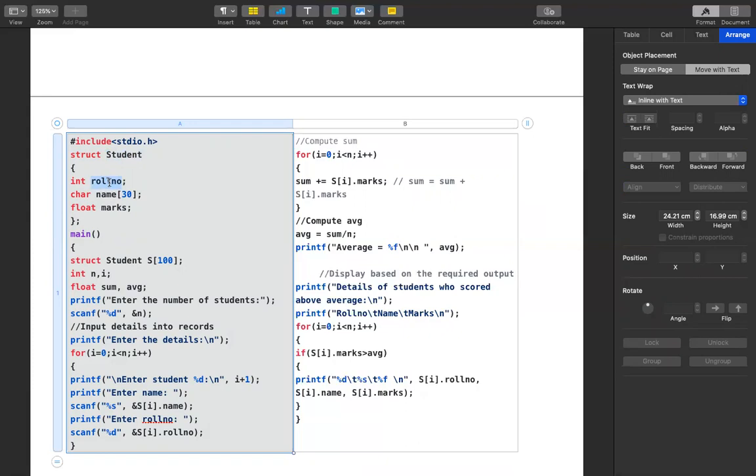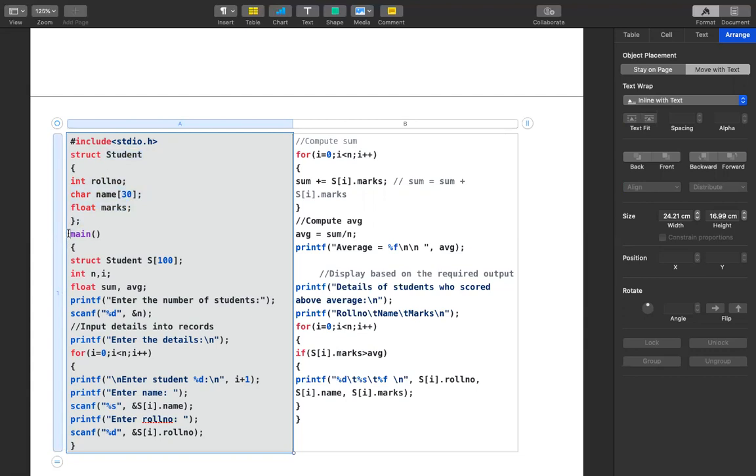The first member is roll number, which is of type integer. Then we have an array to store a name, and that is another member of the structure. And finally we have marks as the structure member. So we have three members in the structure, and the name of the structure is student.